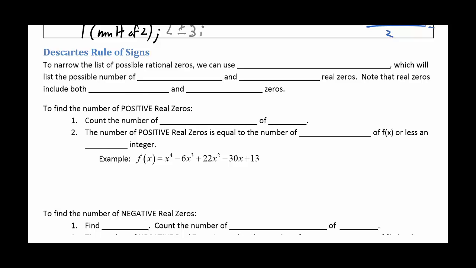And so this is where I'm going to show you something called Descartes' rule of sign. It's a nice, easy technique to apply, and it does potentially narrow down our list of possible rational zeros to a somewhat smaller list. And again, it's not too bad a technique to throw in there. So to narrow down the list of possible zeros, we're going to use something called